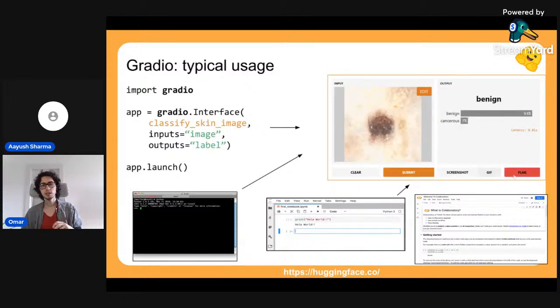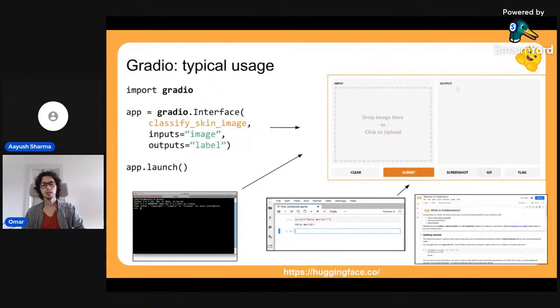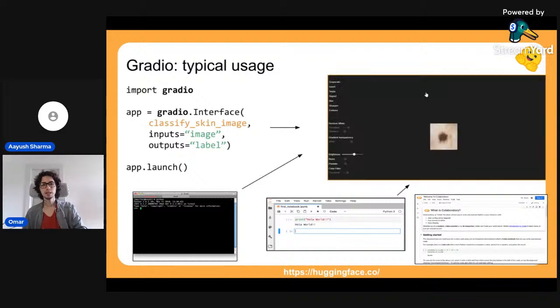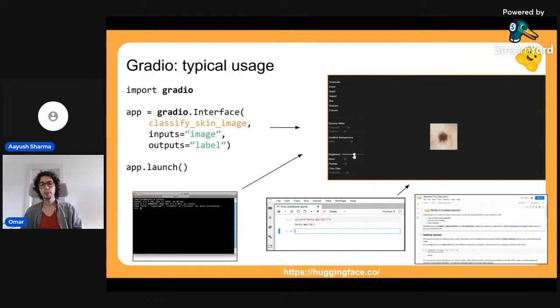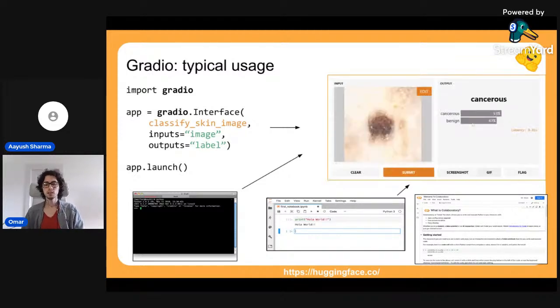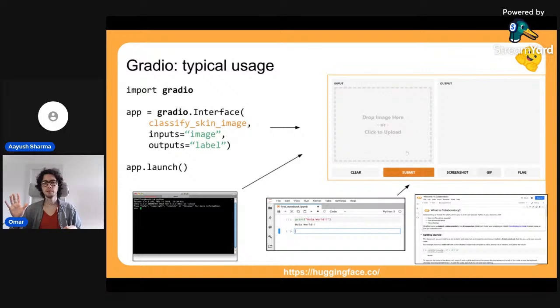And the Gradio interface at its core only has 3 key components. It has, let's skip the first one, it has the inputs. So you specify which are the inputs of your demo. So it might be text, it might be image, it might be audio, it might be something more fancy. It might be even multiple text fields, right? And then you specify an output. And an output can be, again, an image, a text, a label, different things. You can see this demo at the top right. So at the left, you have the input, which is an image. And at the right, you have the output of the model, which is the label.